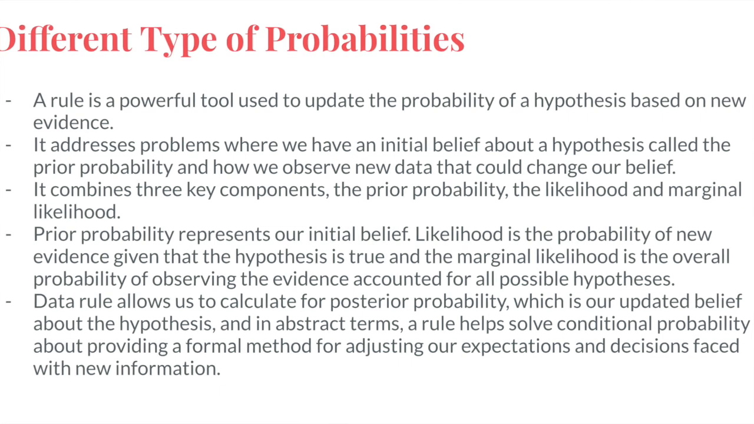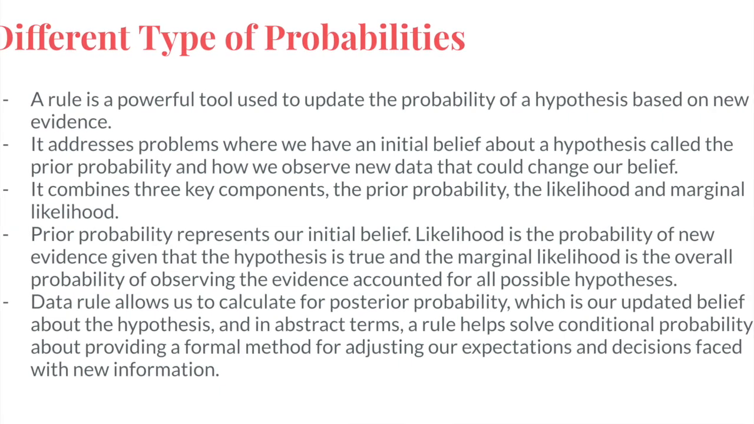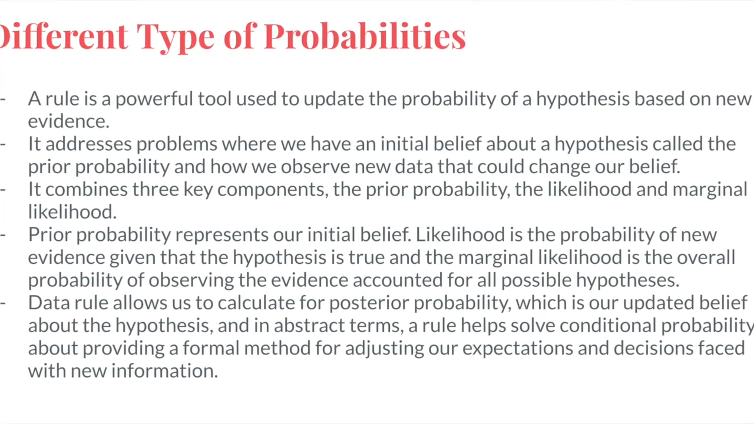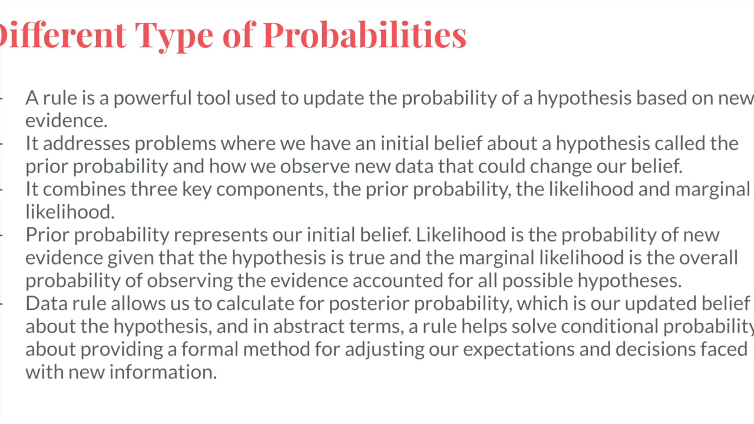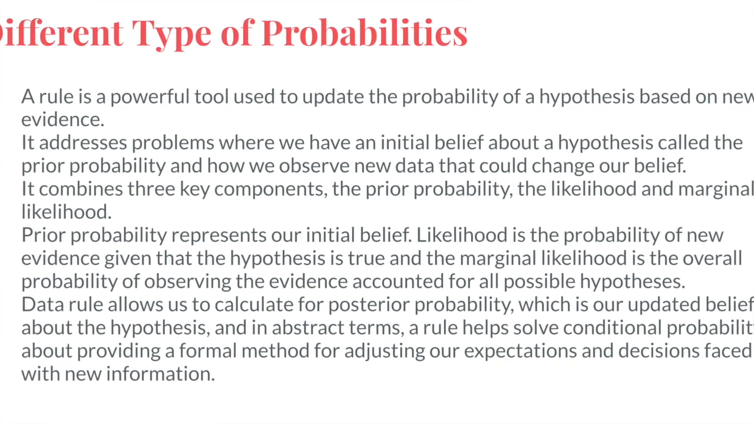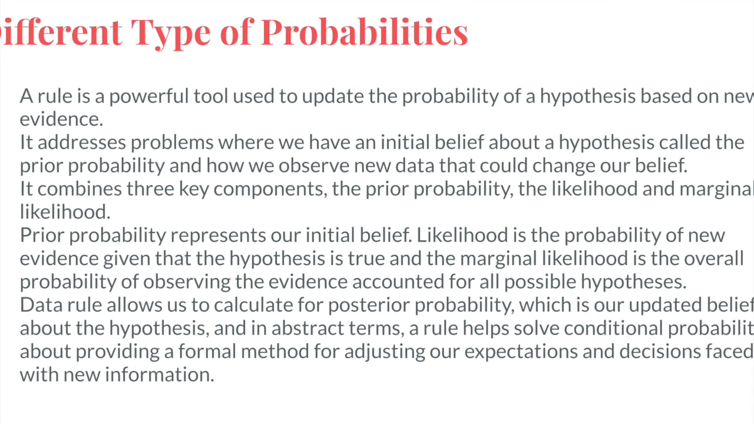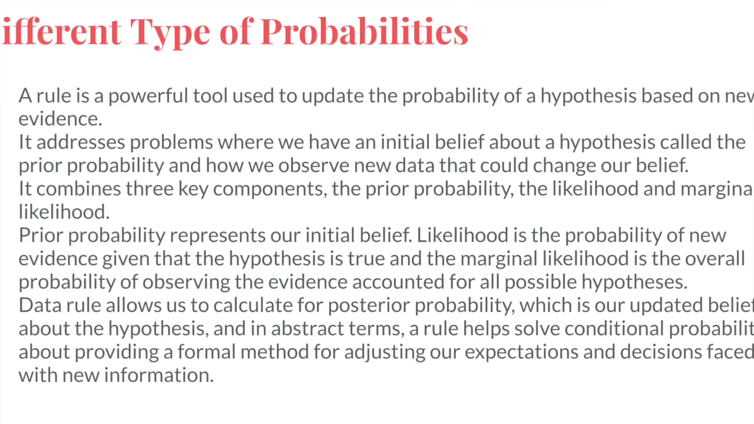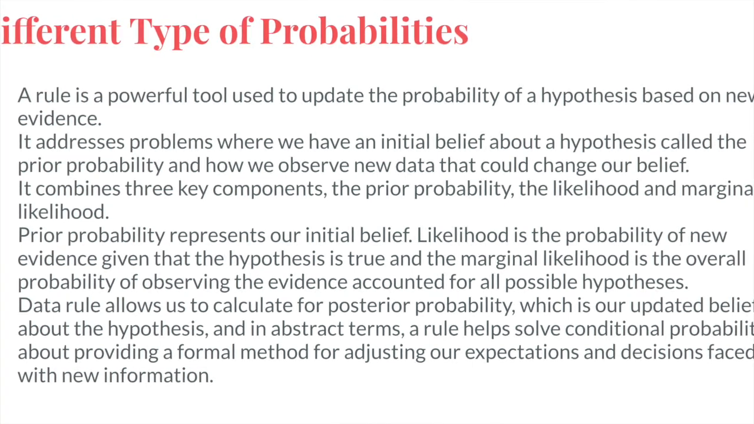Bayes' rule allows us to calculate the posterior probability, which is our updated belief about the hypothesis. In abstract terms, Bayes' rule helps solve problems with conditional probability by providing a formal method for adjusting our expectations and decisions when faced with new information. For example,